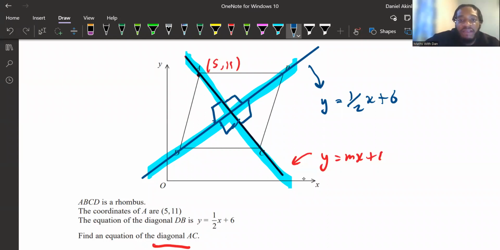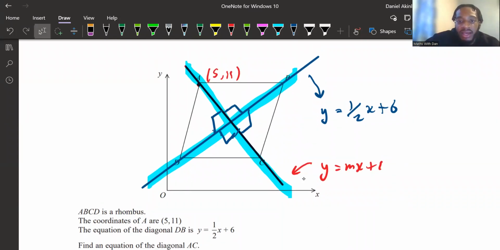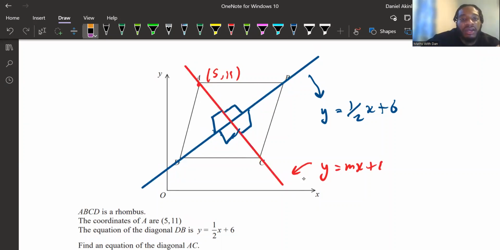So what I could say from here is that we have the line A to C, which is what we're looking for. Let me highlight it in a different color so it's clearer. Let me highlight this here. So these two here are at right angles to each other, the blue line and the red line. That tells us that the gradients are the negative reciprocals of each other. So I could say from here,